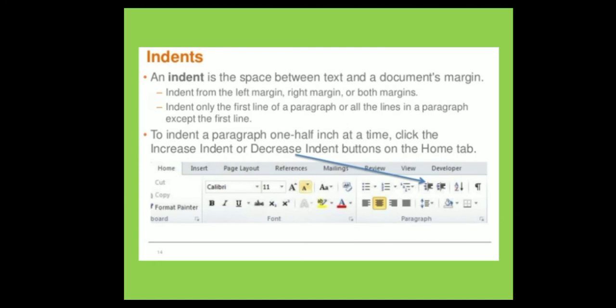When you start any paragraph, you leave half an inch of space, then you write. This is called an indent. Here you click the Home tab, and in the Paragraph group is the Indent option. You can increase or decrease it according to your need.